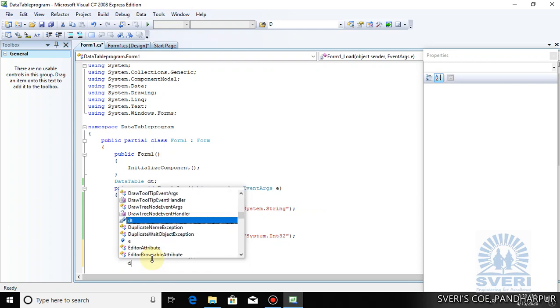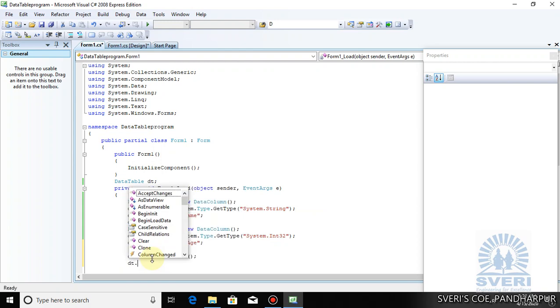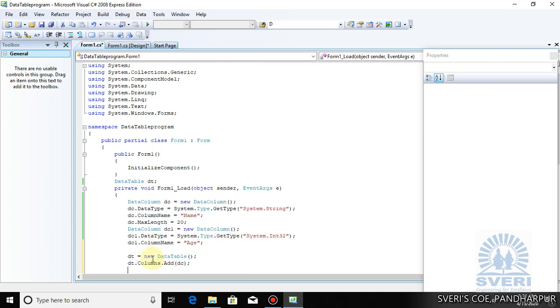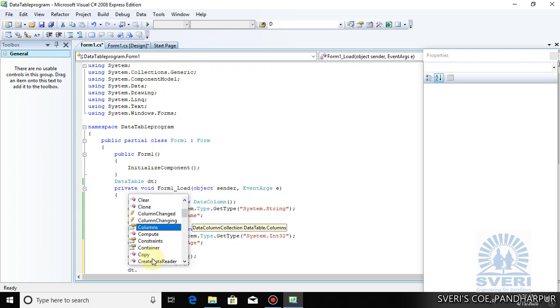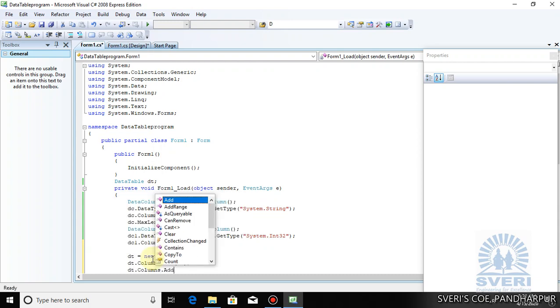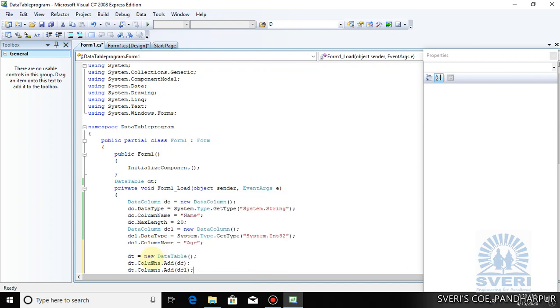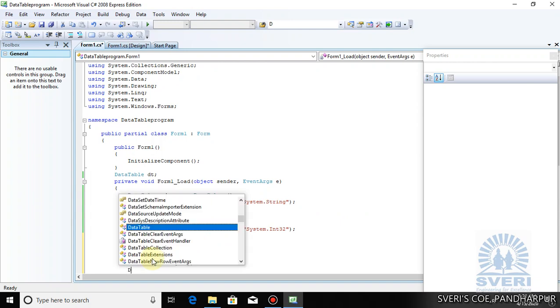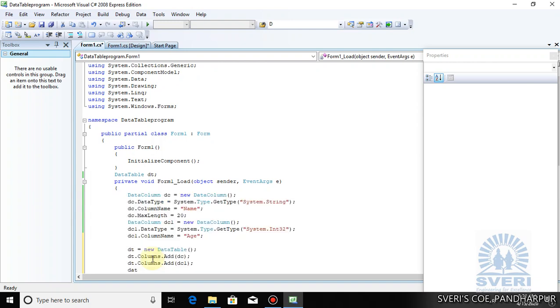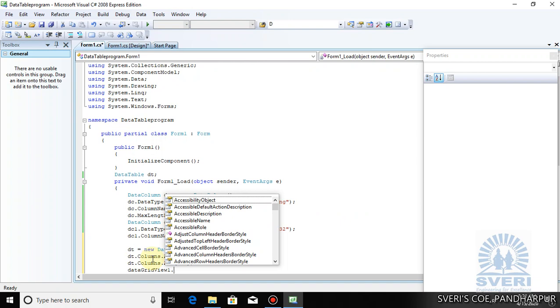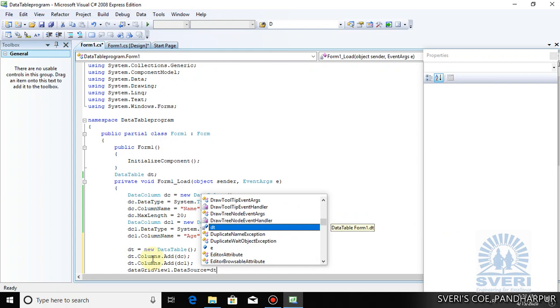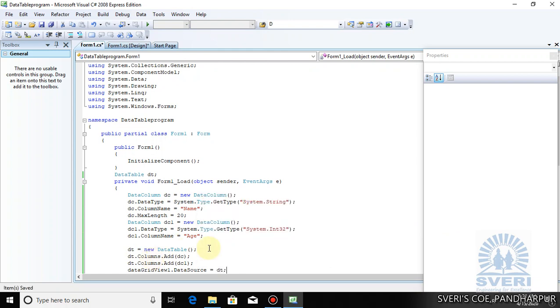Okay, then dt.Columns.Add("dc1") for the second column. So now we have added the data grid view's DataSource, dataGridView1.DataSource is equal to dt. Okay, so we'll save it,